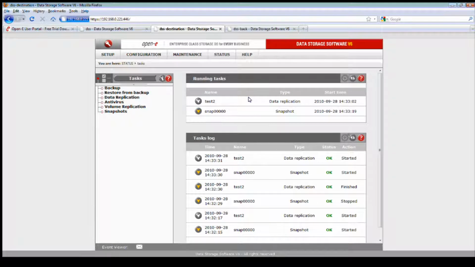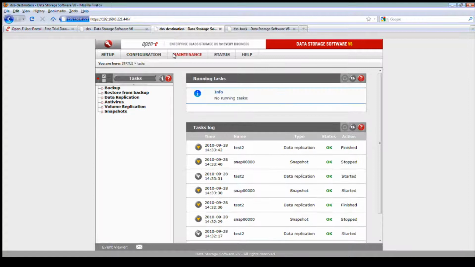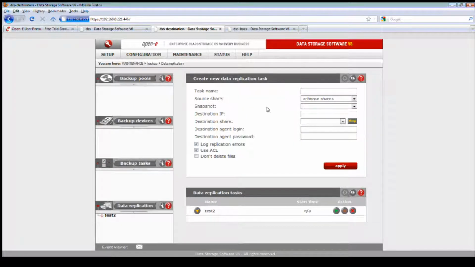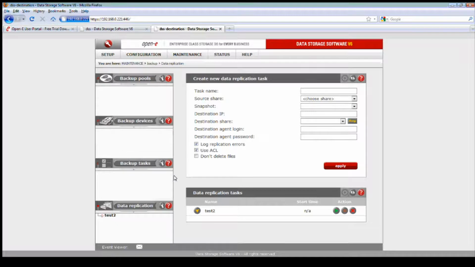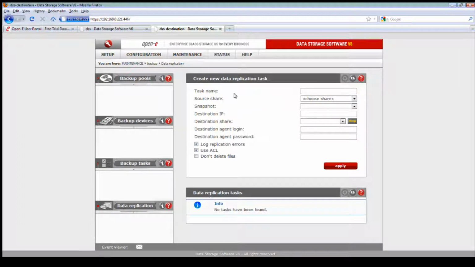So what you did was replicate from the main source server, DSS source, to the first DSS destination, and then from there, you replicated to the third destination, DSS. This allowed you, in essence, to back up from server A to server B, over to server A. I do want to make a note, let's say you wanted on the DSS destination